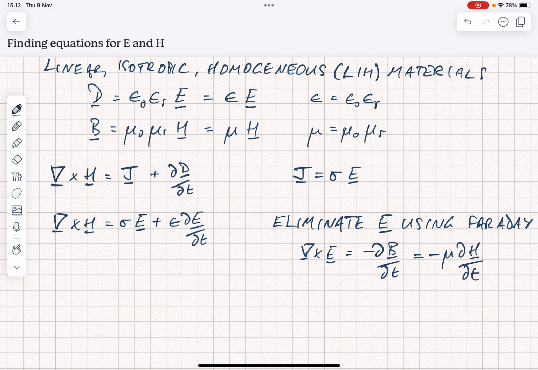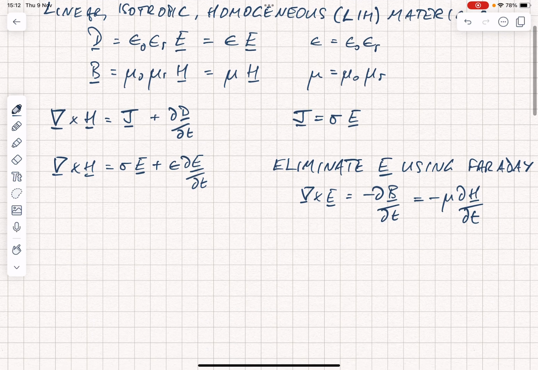So we know how to replace curl of E with an H, so what we need to do is come back to the Ampere-Maxwell equation and take the curl of the whole thing, so that the terms in E on the right-hand side are all written in terms of a curl. When we do that, we find the following. We have the curl of